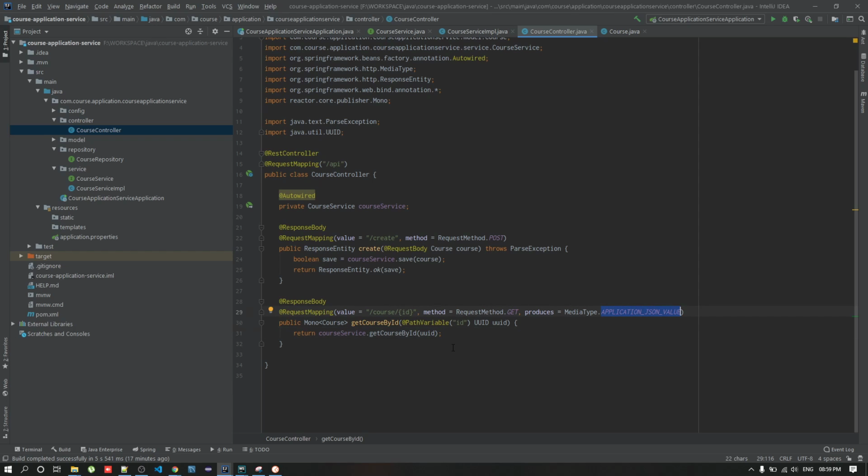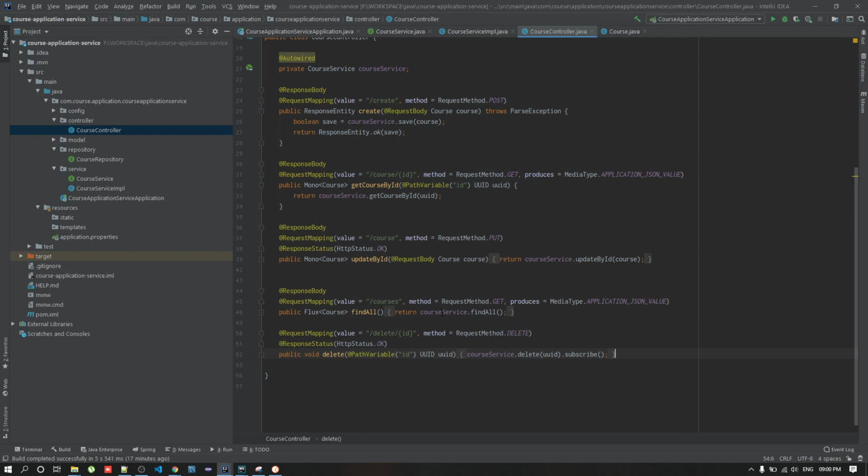The response will be produced in the JSON format. The same way, I will just copy paste the other functionality. One is find all and update by ID, find all, and then delete based on the UUID. I just consumed my service over here. So in order to delete my data, we have to subscribe to it. So we are subscribing to that. So this is pretty much on the controller part.